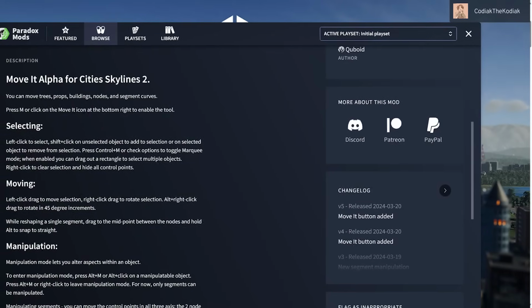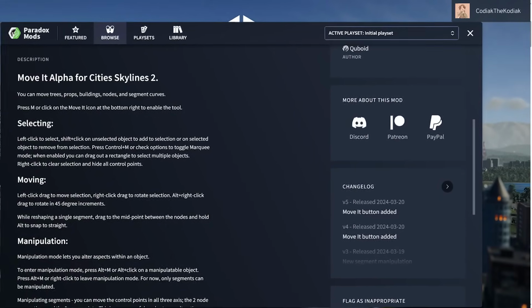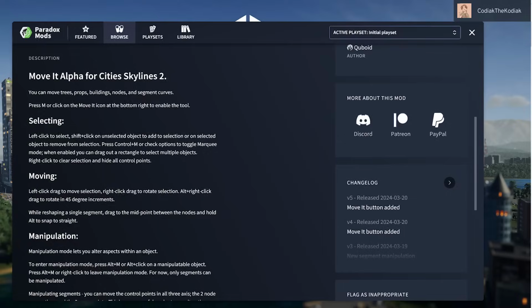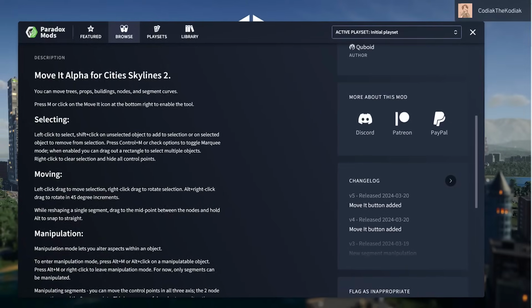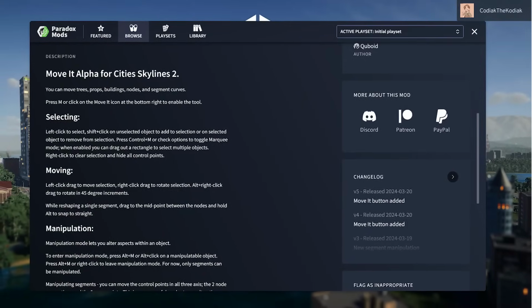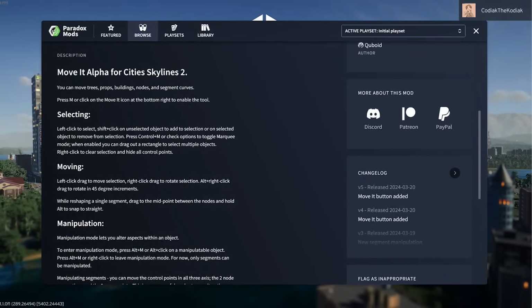So if you've ever thought of giving your favorite modder some money here or there as a thank you for the free work that they're doing to make the Cities Skylines community so much better for all of us, I would highly encourage you guys to do that. And Paradox and Colossal Order have made that even easier for those modders to receive those. So if you guys ever see that, please do.